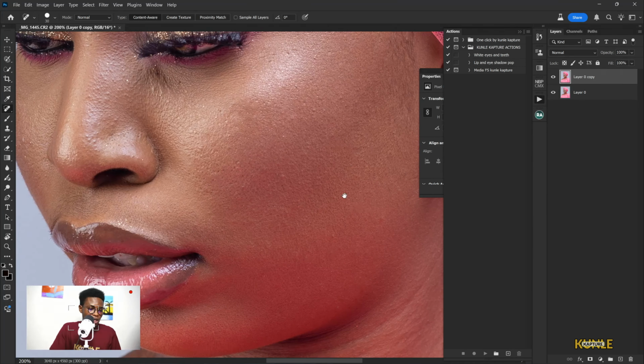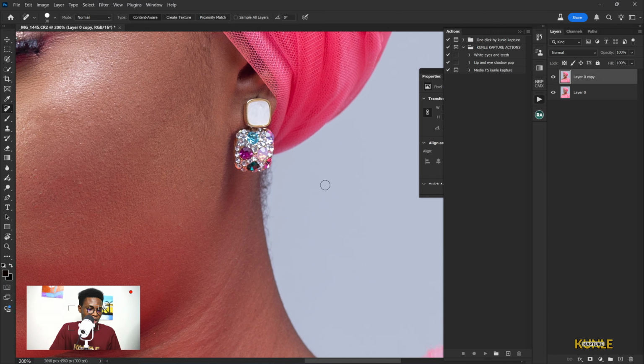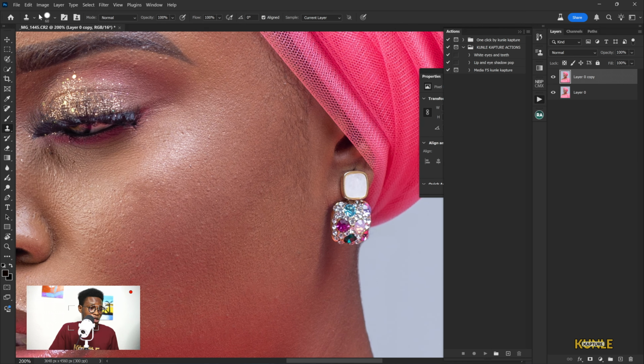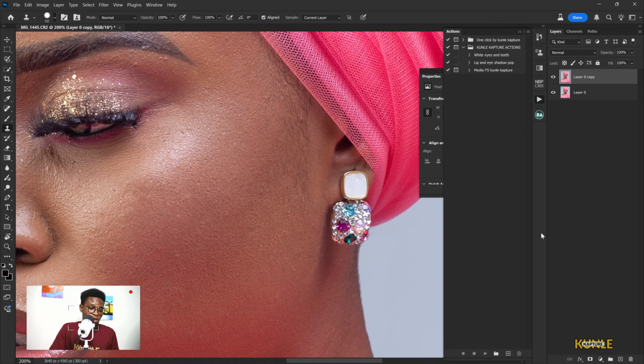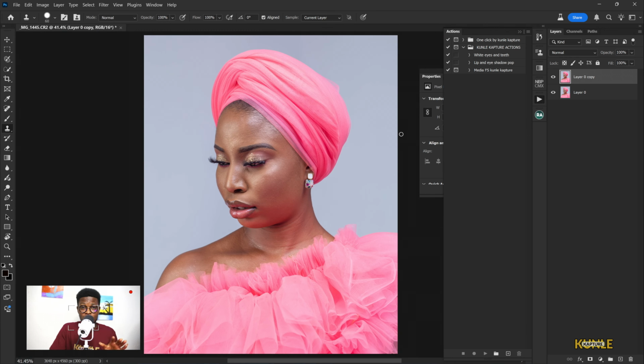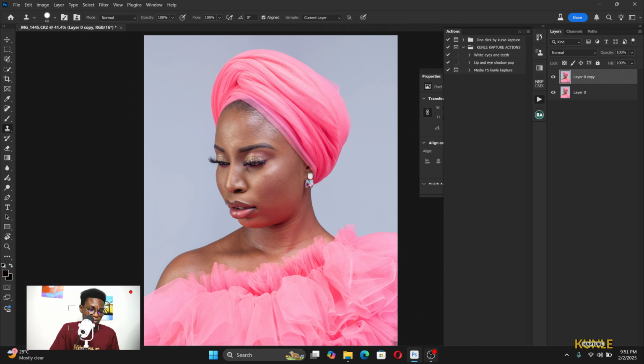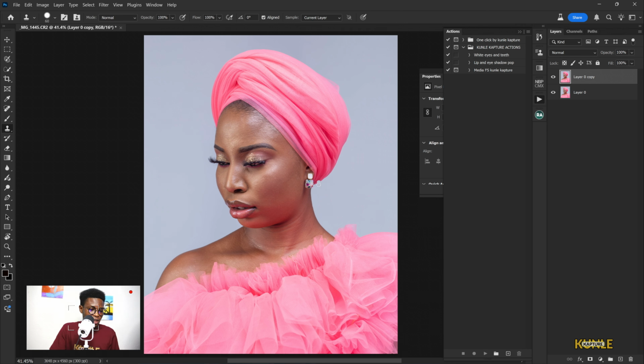So before I do that, I'm going to remove this hair. I don't like this hair, it's distracting. So to do that, I'll pick the clone stamp tool. We'll press S on your keyboard. Okay, so I will just sample somewhere close and I'm going to remove it. Now if your clone stamp tool is not that sharp, you can come here and increase the hardness, so that it will have sharp edges and easily remove it. All right, so the next thing is